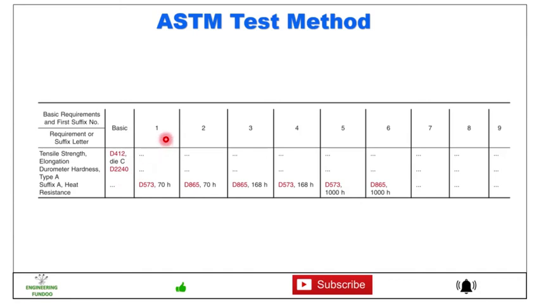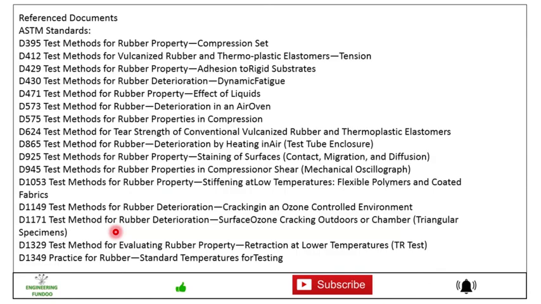For the basic requirement and first suffix number 1, we have D573, 70 hours. Then for 2 it is D865, 70 hours. Similarly we have this up to 9, and there is another table in ASTM 2000 which indicates the different requirements. So this is one sample,